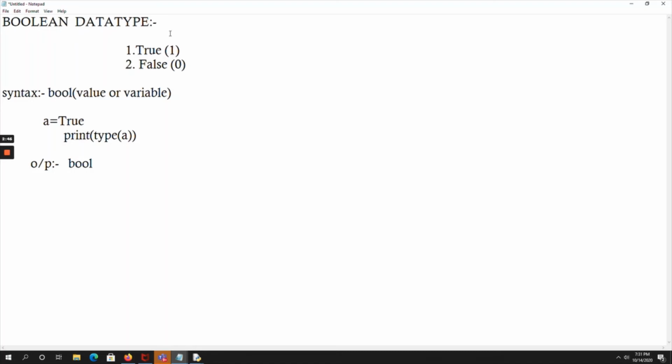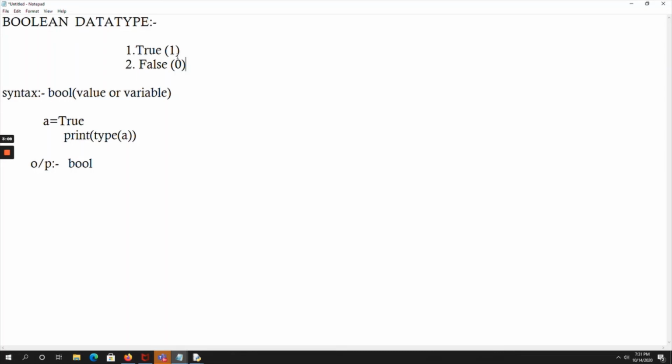We can also call 1 and 0 Boolean flags: flag 0 means false, flag 1 means true. These are the internal representations of True and False.